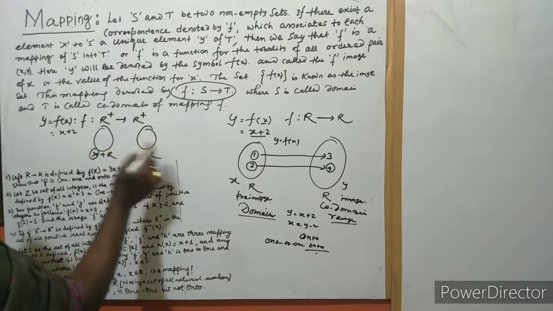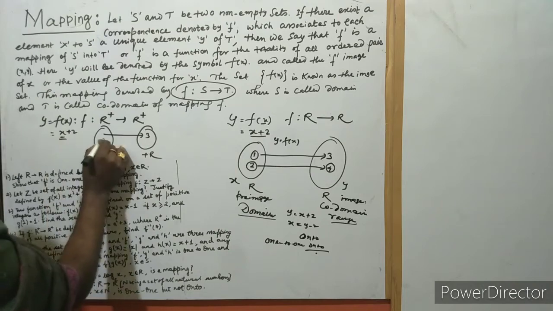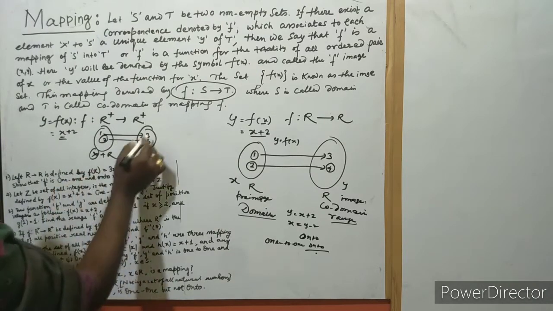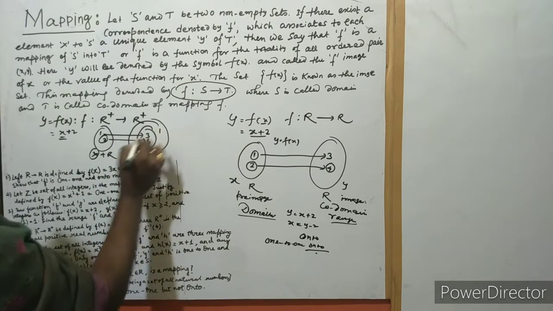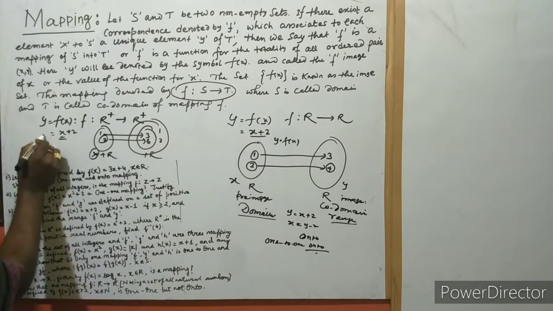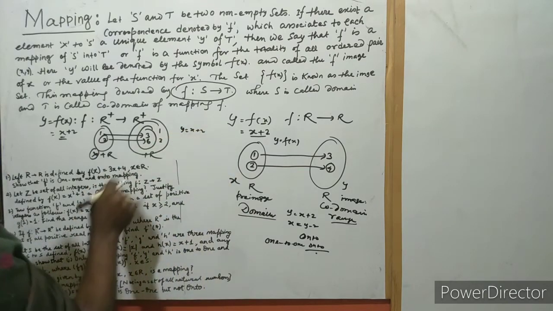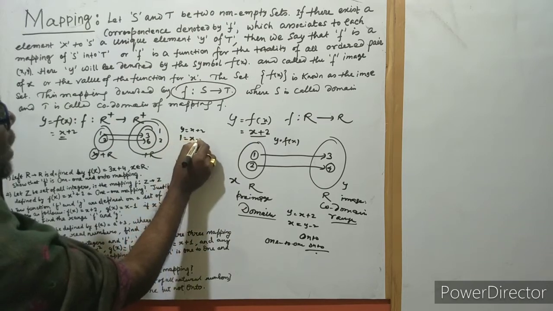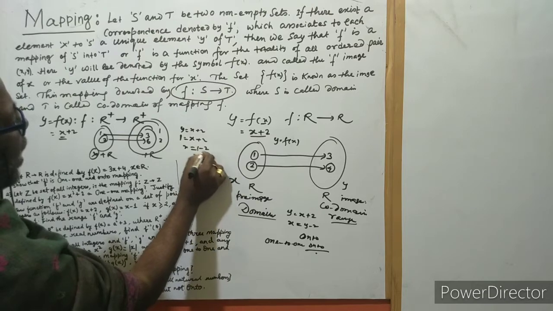We get a positive value of y. If we take here 1, then we get 3. If we take here 2, then we get 4. But this is also here 1, 2. If we put here 1, see, y is equal to x plus 2. See here, if we put here 1, this is the value of y, 1. What do we get here? So simply look here, we get a negative value.